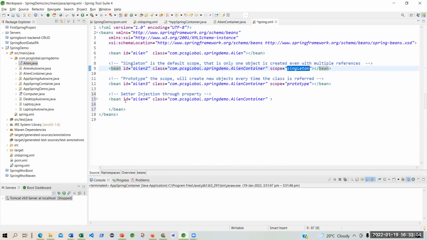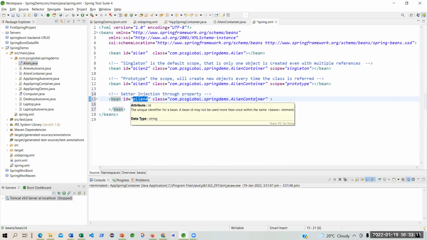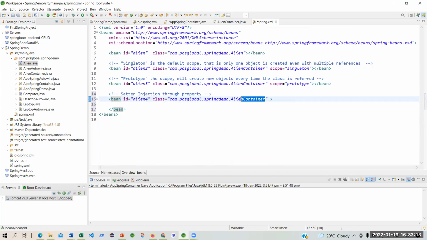I have defined that bean with an ID. I have given it any name, but this name is a reference, an ID, which is going to refer to this same container. I have not mentioned the scope, so the scope is singleton. But I have used a different ID.